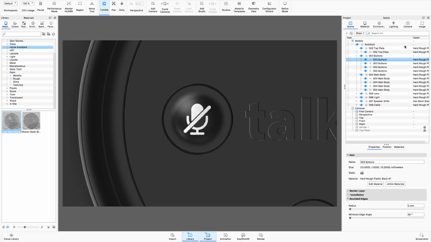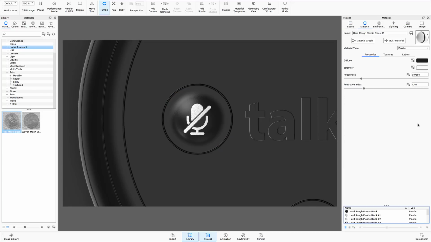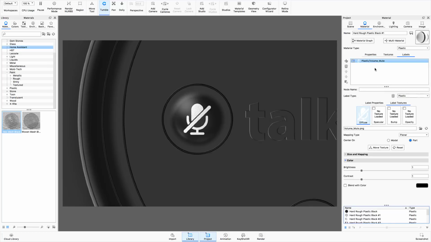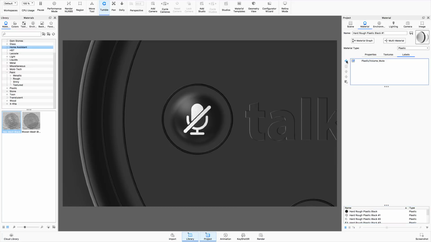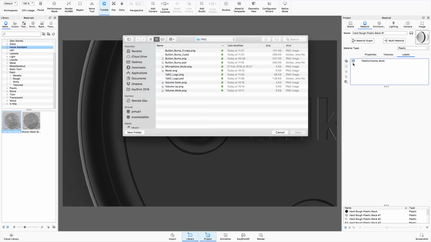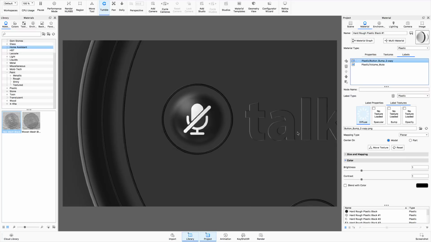So if I go to the scene and I go to this button and edit the material, and I go to labels, of course it's possible to have more than one label. So I'll click on the add label and add label texture, and I'm going to use a button bump image here, and I'll use a PNG file and bring this in,